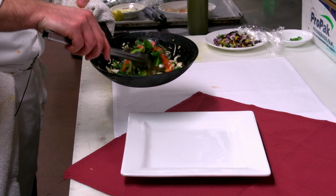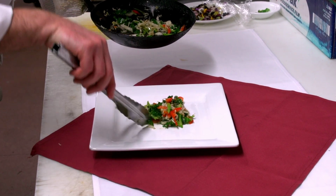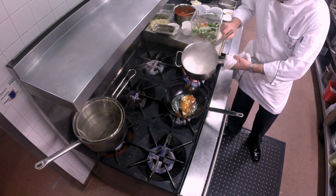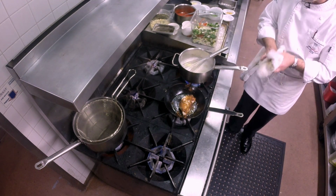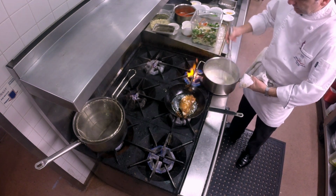So this is almost done, so what we're gonna do now is we're gonna come over here and start working on our plate presentation here. And we're gonna put our kale pretty much just about almost in the middle of this plate. Our sauce over here now looks like it's just about done here. Okay, so what I'm going to do is I'm going to add in a couple cubes of cold butter here. Okay, and then I'm going to whisk this cold butter in like this,